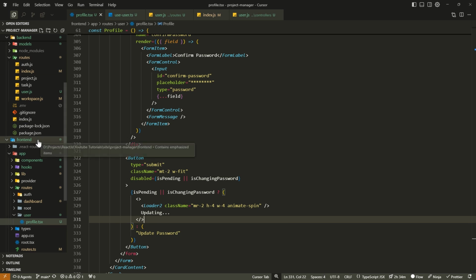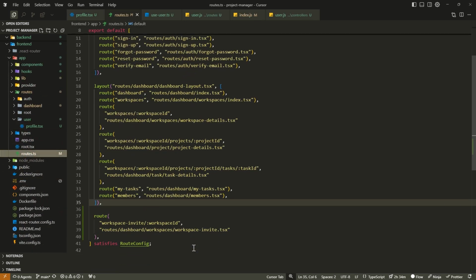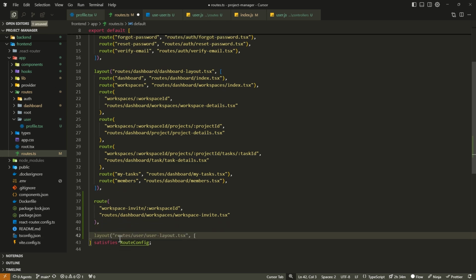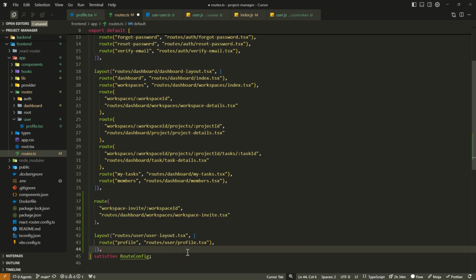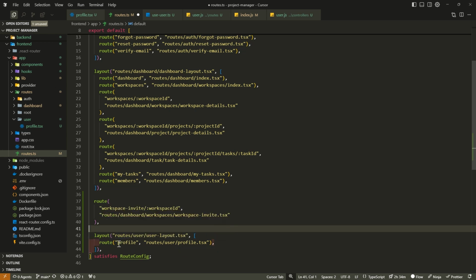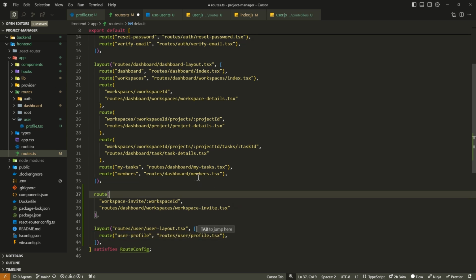We need to add the page. So go here where we have routes, right? Okay, so this time I'm going to go also outside, and I'll have a new one for, yes. Okay, here. Maybe, okay, layout. User layout, do I even have that? Then this will be for, should I say user-profile? Maybe that's okay. And we don't have the user layout, so maybe I'll go inside the user,